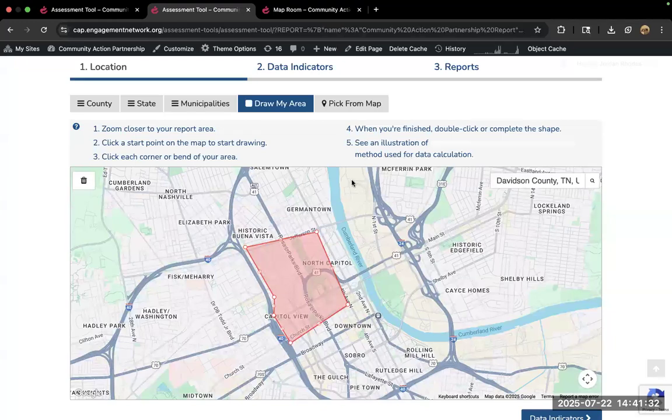Let's see, we've got one question from Kathy, who is looking at median income, and it appears that the system does not calculate that measure for a report region based on a drawn area. Is it fair to say that the tool does not calculate any indicators that require weighting?